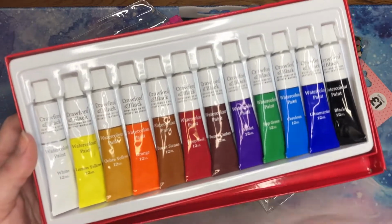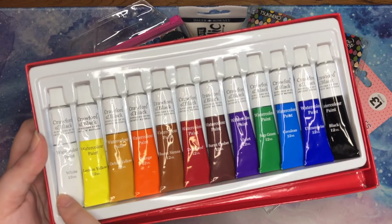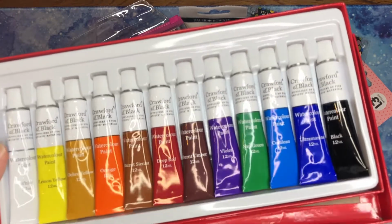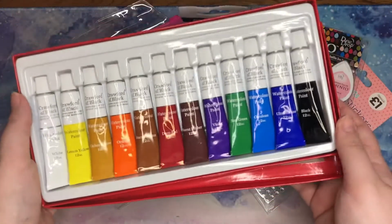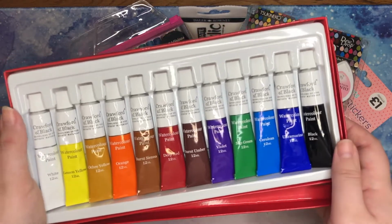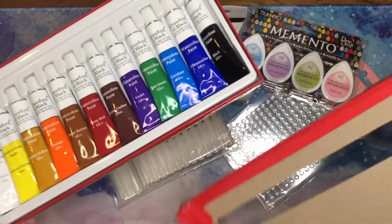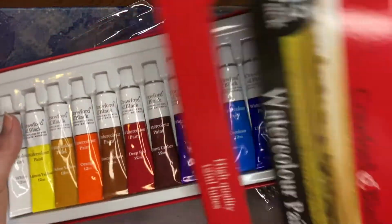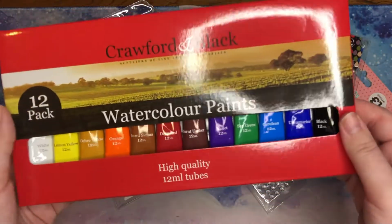And I could always give the white a go as well to try the blackouts or the whiting out of the black lines to see how well this works with the watercolour paint. I just thought it'd be pretty cool to add some watercolours to the colourings, and maybe even just give some watercolour painting a go, because I've never tried it and I've always wanted to have a go at painting. And because these were so cheap, I thought, well, it's the perfect time to just grab some watercolour paints and just give something a go, try something new,